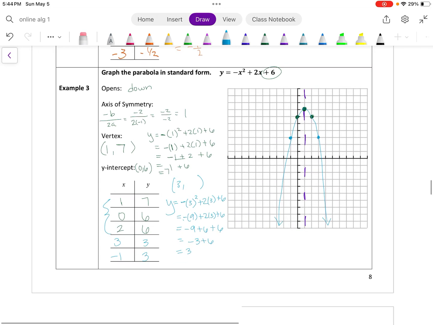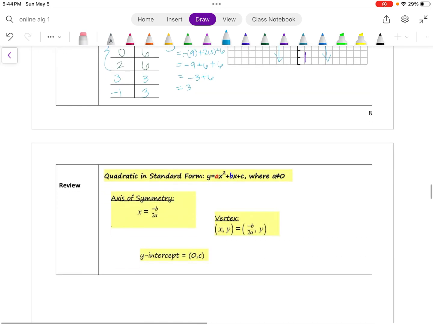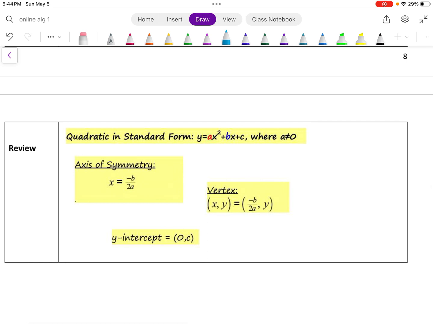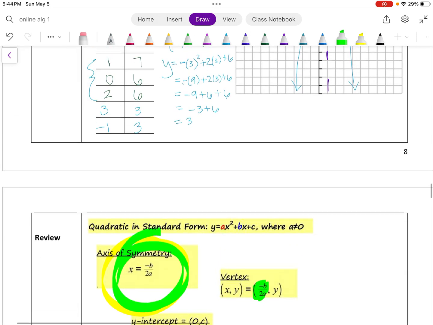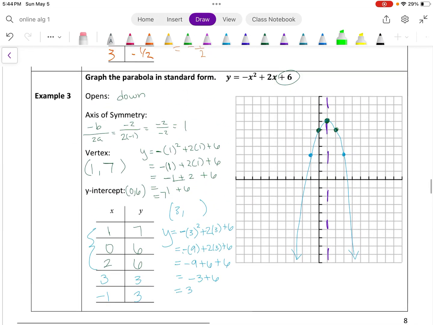And I sketch the rest of it the best I can. So that's our standard form. So standard form, what we need to do is we use that formula. You have to know this formula. We use that formula to find the axis of symmetry. Once we have the axis of symmetry, we can use that x value to find the rest of our vertex. And then from there, we can find